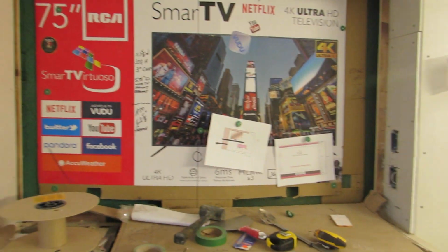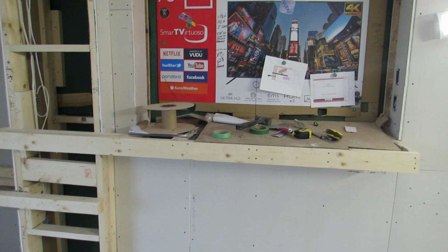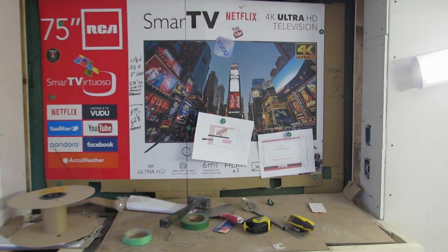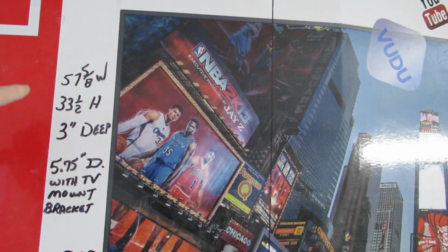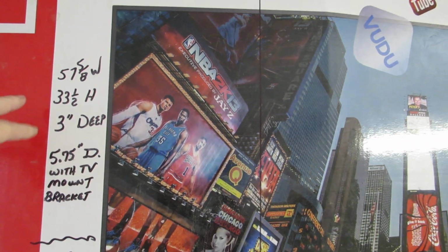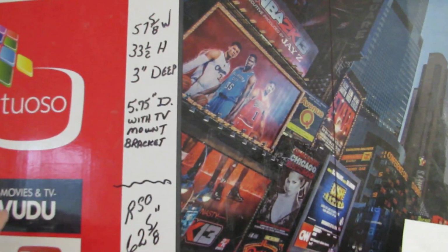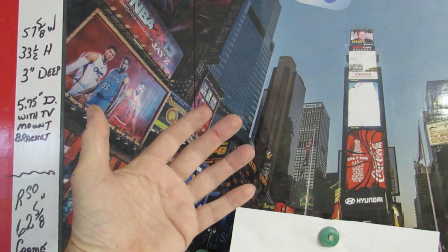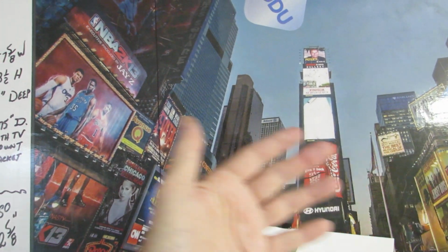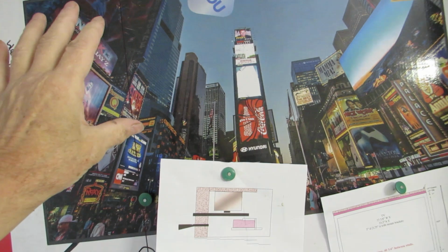Another thing in this suite, we're building this accent wall, and on the accent wall we're going to mount a 65-inch flat screen TV, and these things are huge. I've got all the measurements written down here on the panel. The TV itself is 58 inches wide, 33 inches high, and about 3 inches deep. And what we do, we've got some soundboard in behind here, and then we're going to mount 3/4 inch plywood here, and then even behind the plywood we're going to screw and use some PL Premium and put some 2x6 or 2x8 blocking in behind,